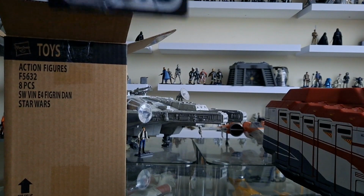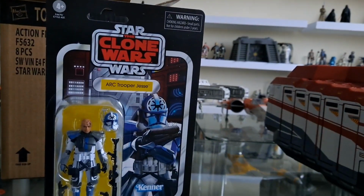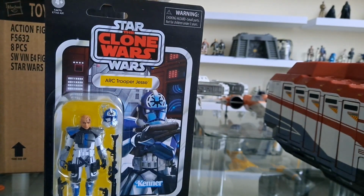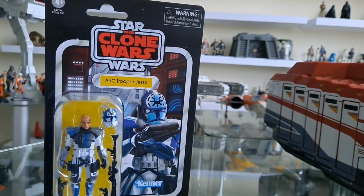So first things first, look at that. It's quite dark in here. I do apologize. I hope you can make do with this. I don't really want to turn the lights on. They suck. Tell you what, I'm going to move this box out of the way so at least we've got